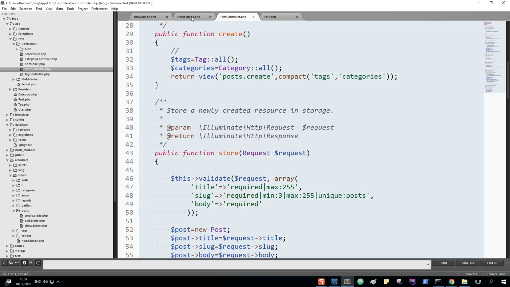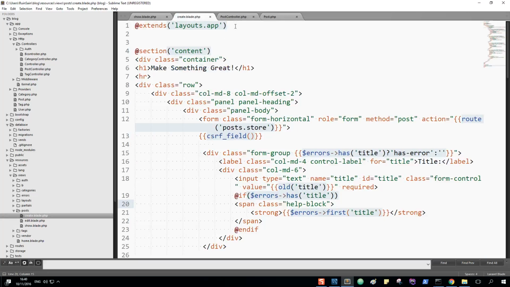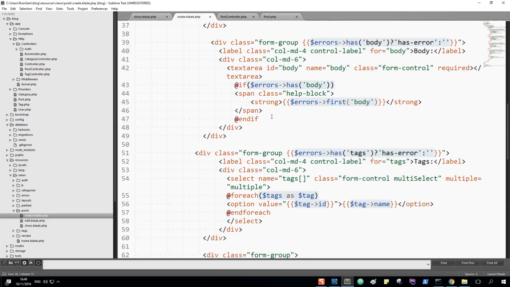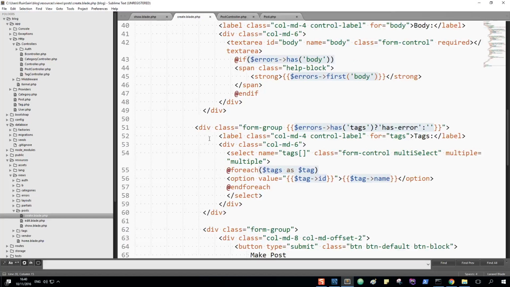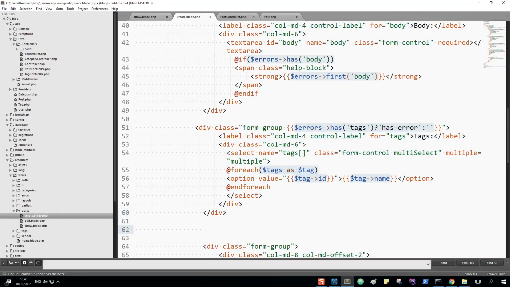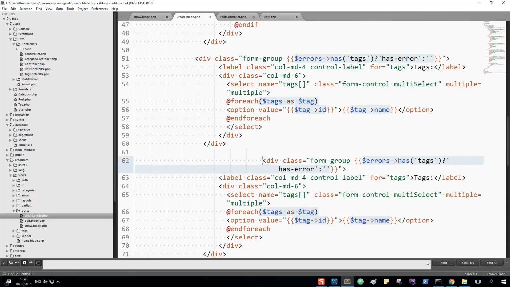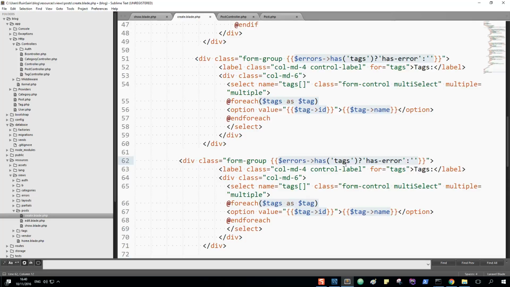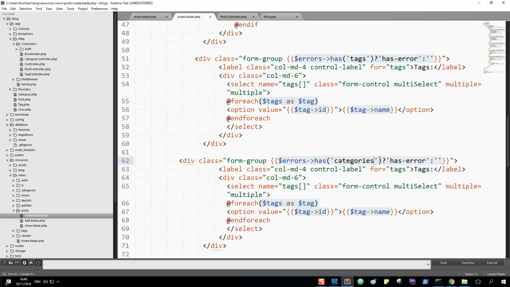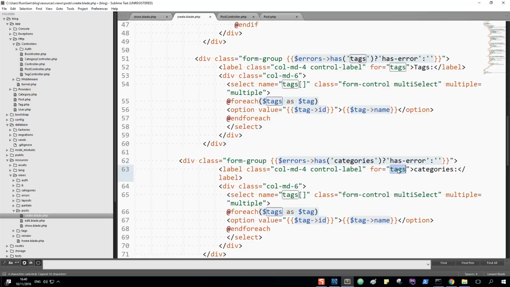So in here, in our create for our posts, there is the slug, there is the body, there is the tags. Okay, let's copy this, copy and paste it here. For has categories,